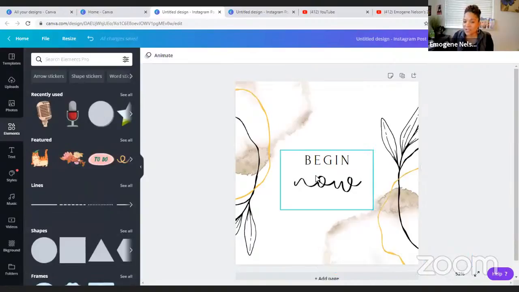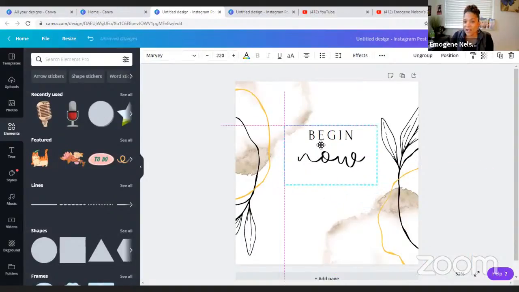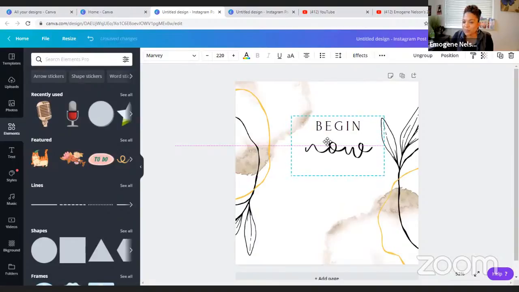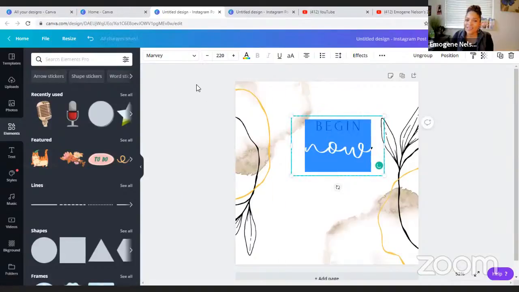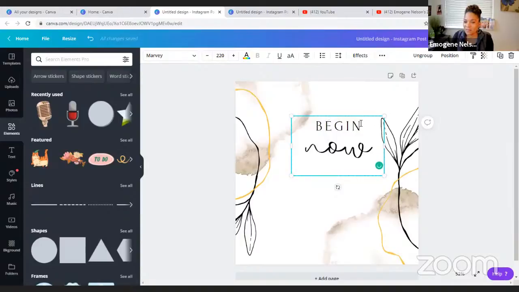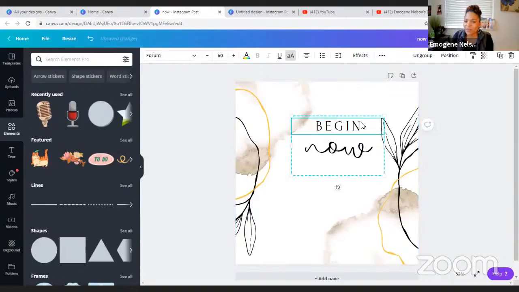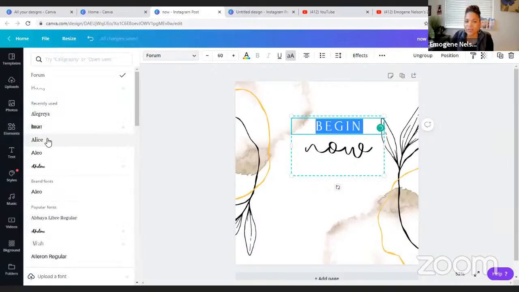And so now I can either move that to a place where I want it. I said I'm going to add something else in here. And then if I'm in here and I'm like, you know what, I'm not really caring for this wording, let me click out. I'm not really caring for this wording. So you can click on this and I can change the font to anything that I want. I use Alice a lot because that's part of my branding. So I don't have a bunch of different